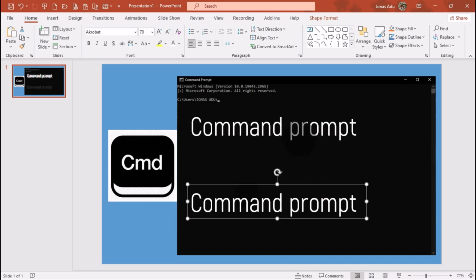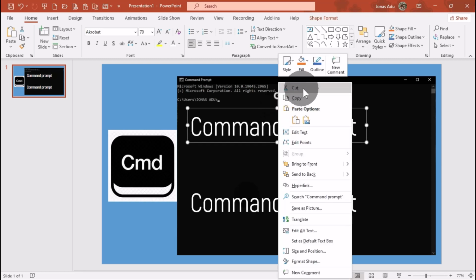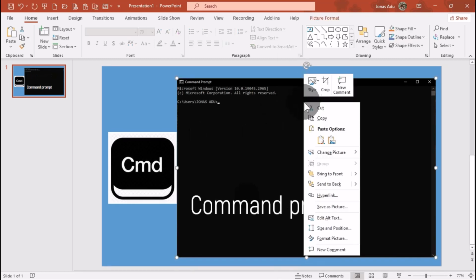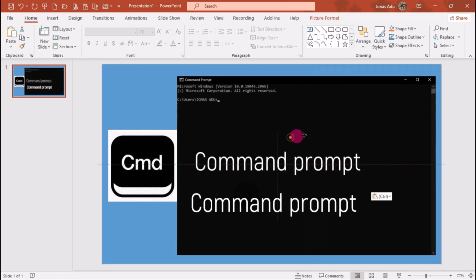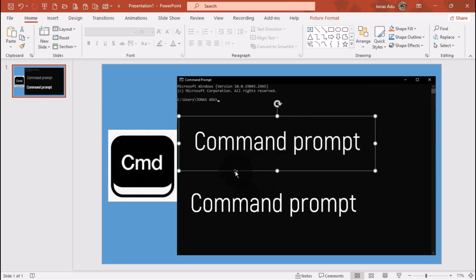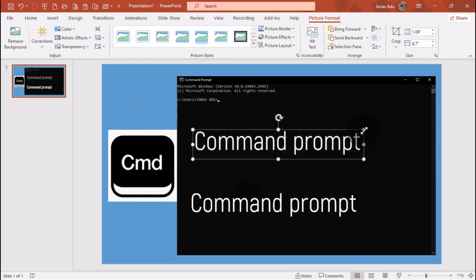Now I want to have this well transformed and stretched up, so I want to convert this into a picture. So you select this, right click and choose cut, right click once again and choose this option which is paste as picture, and this is not editable, rather you can change the transformation or the size of this image. Select this image, move to the picture format and choose the crop option, and I'm going to crop this. I'm going to increase the size,